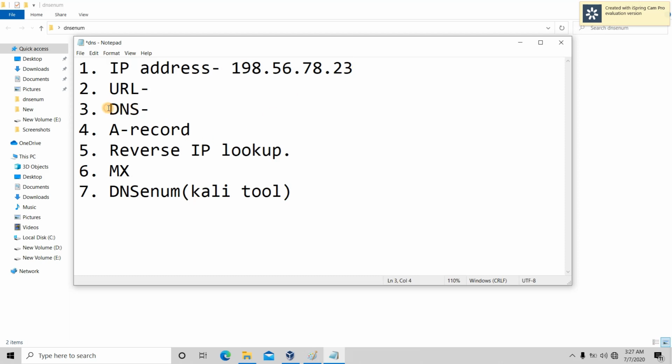So now let us look at DNS, that is domain name system, also known as name server. So what is this DNS? This DNS actually is a phone book of the internet. For example, in our real life also we keep a phone book. In this phone book we have the name of the person and his phone number, and we have a long list of the names of the persons and their phone numbers.